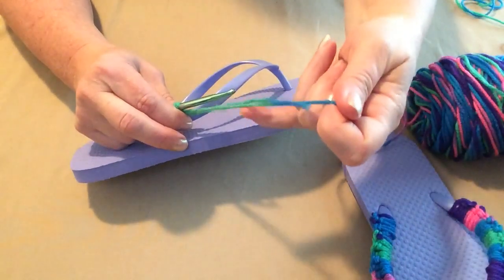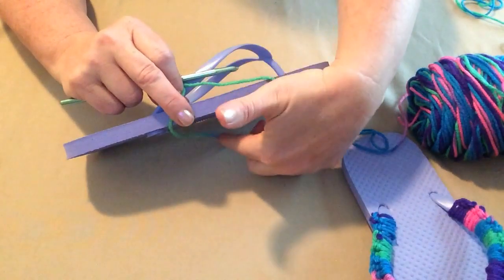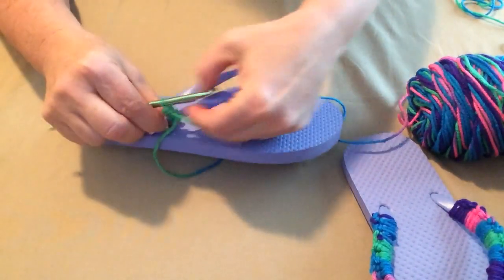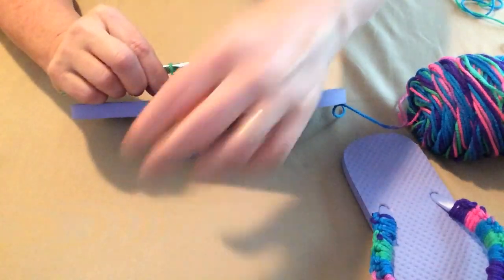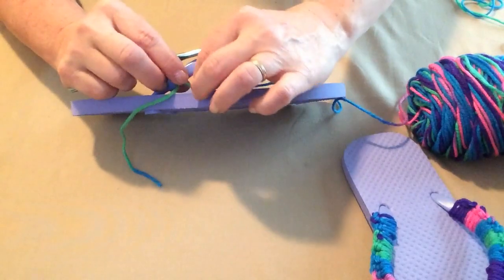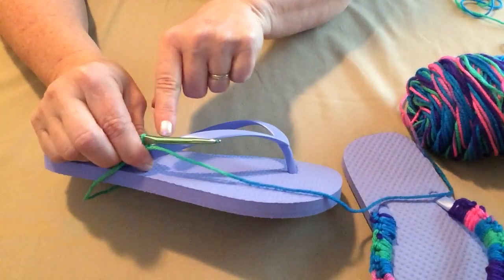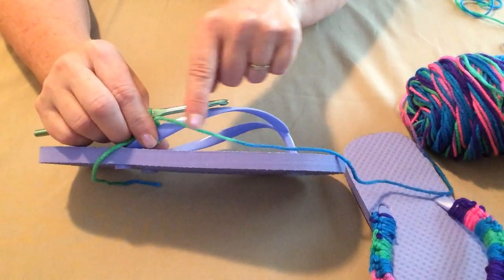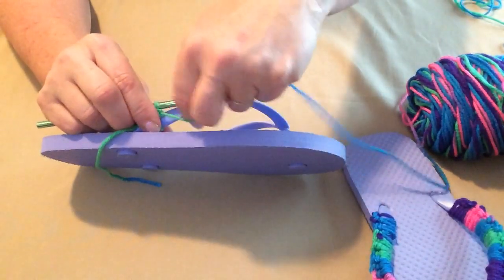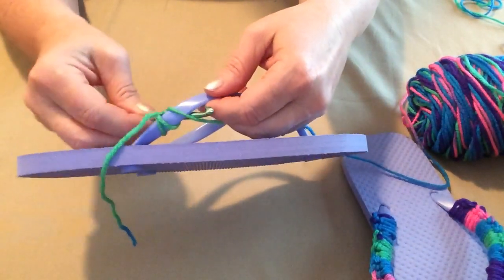All right, we're going to drop that tail, there we go. And we're just going to make a chain 1 real quick, and that's going to hold it in place. And I always pull that to try to snug it down a little bit. And now we're going to continue, or I should say begin, to stitch single crochets all the way down the side of the flip-flop going through the strap. So we're going to go through the strap,